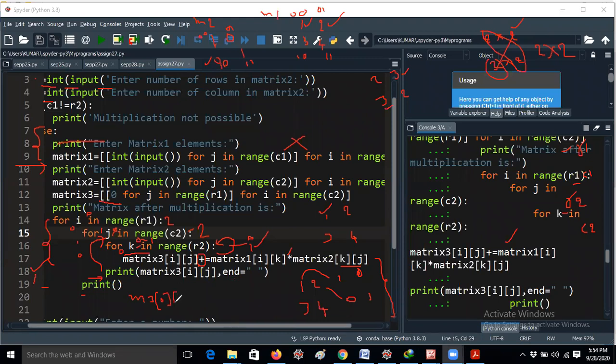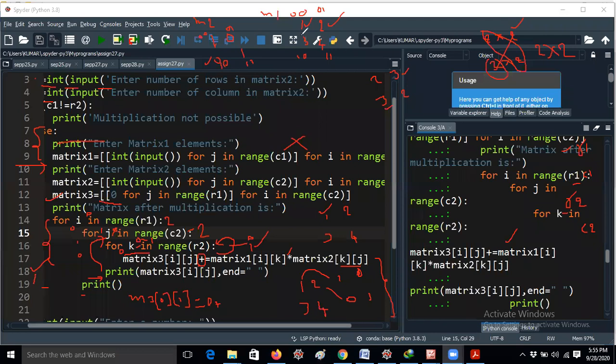That means I am calculating m3 of the second value, that is the 0 1 value. Here m3 of 0 1 by default contains 0 only, because according to this line all portions will be 0 only. 0 plus, next m1 of ik, i value is 0, k value is 0. That means m1 of 0 0.